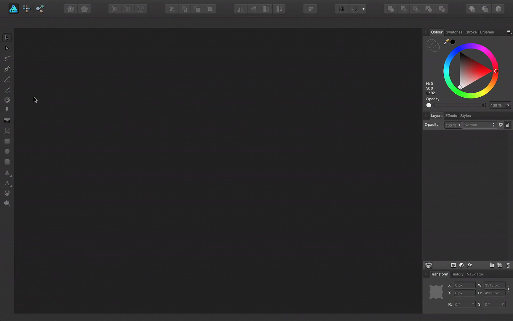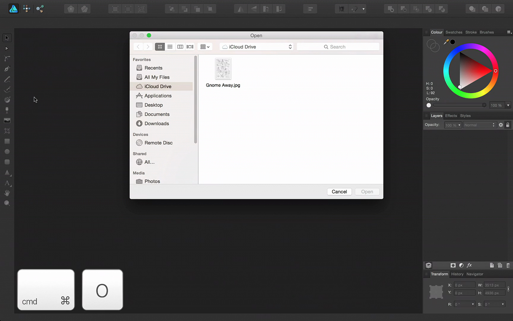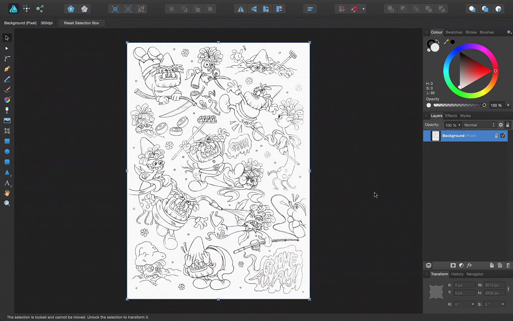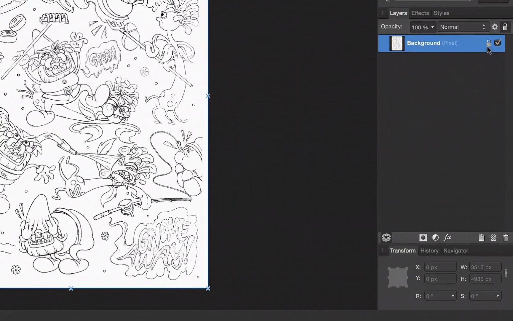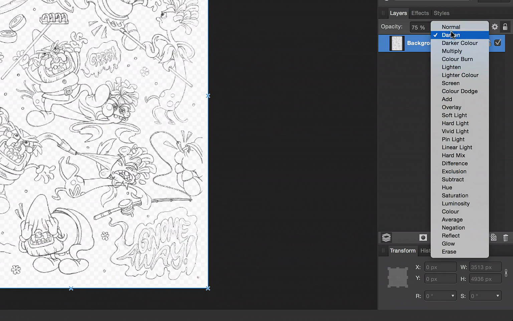I stole this one from the creative team. In Designer, press Command O to launch the Open dialog, and then navigate to your sketch file. Select it and click Open. The sketch opens as a locked background pixel layer. It may help to reduce the opacity of the background layer or set its blend mode to multiply before you